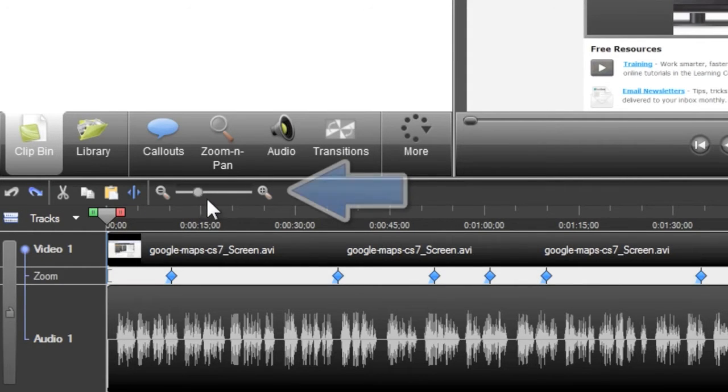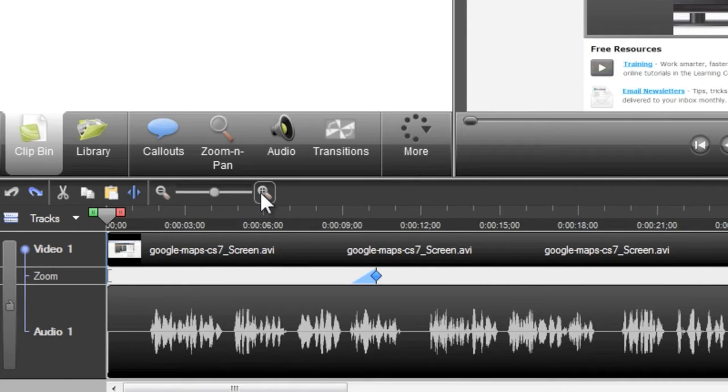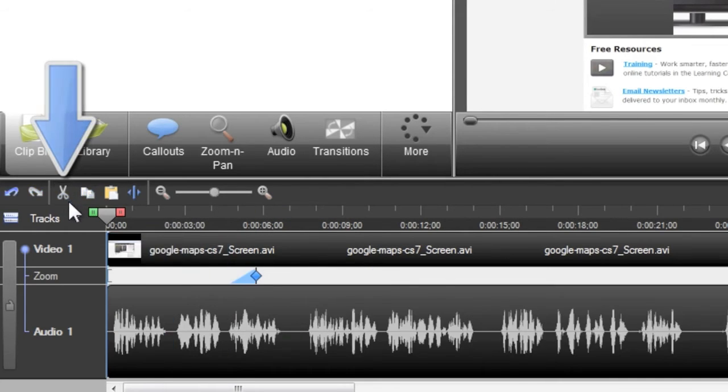At times, using the zoom in and zoom out controls can be extremely helpful when making precise selections to cut on the timeline. For example, if you want to remove the first couple seconds from your recording, just click and drag the red out point to make a selection, and click the cut icon. The selected area is now gone,